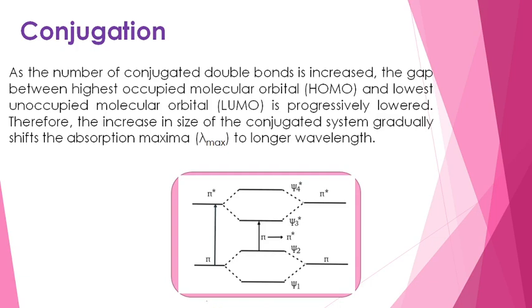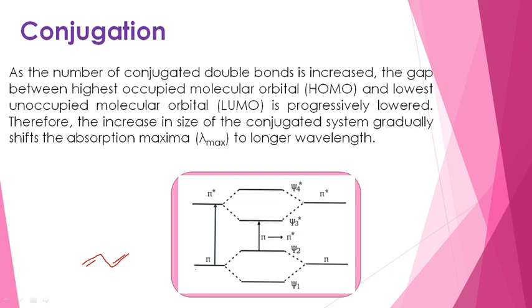Yes, here I am showing the clear picture of the HOMO and LUMO of 1,3-butadiene. For 1,3-butadiene, there is a possibility of totally 4 molecular orbitals: psi 1, psi 2, psi 3 star and psi 4 star. For ethylene, we find only the pi orbital and pi star orbital, and excitation takes place only from HOMO to LUMO. Now, let us see the transition possibilities when we convert ethylene to 1,3-butadiene.